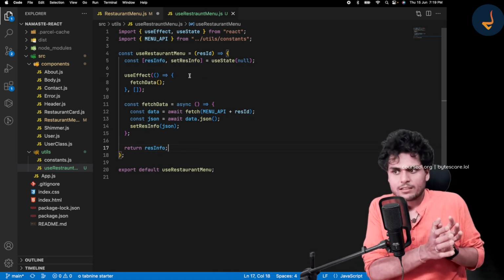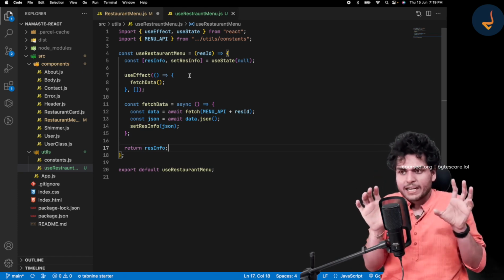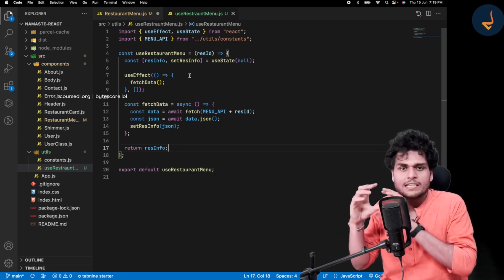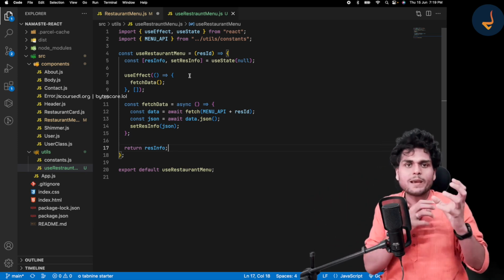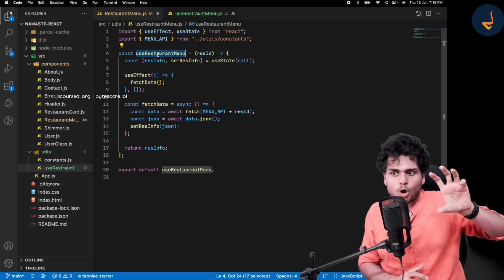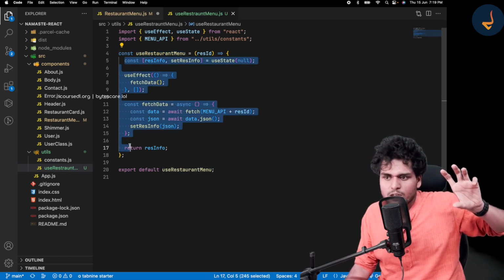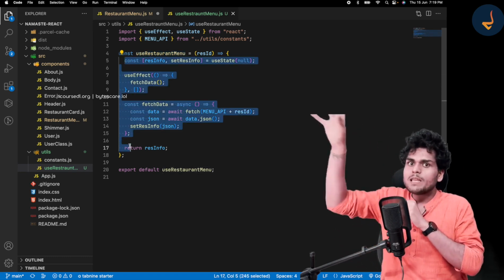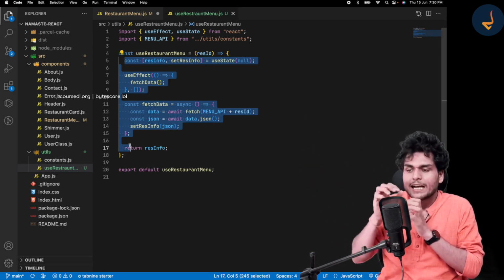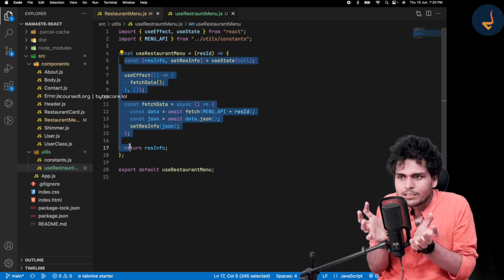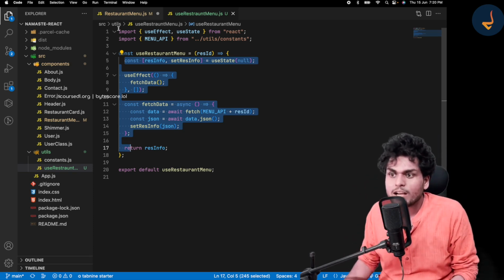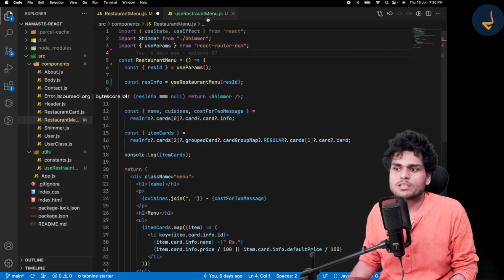Did you understand this code? There's nothing new I am writing. I'm just writing it in a different fashion inside a hook, inside a utility function. So basically this useRestroMenu, all this logic of making an API call and getting the data, I have taken out from our main component into this hook.